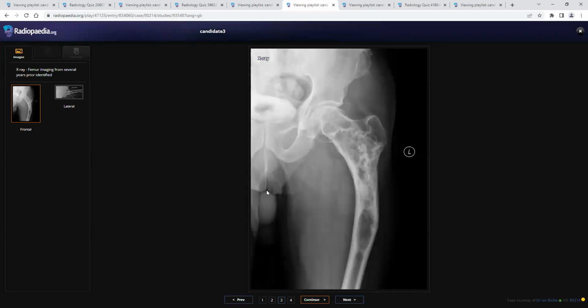There is marked sclerosis and bony expansion and bone remodeling of the left femoral metadiaphysis, and there is a coarse trabecular pattern. I can see also a lucent line here along the lateral cortex of the femur. So in this age group, with the marked bony expansion and cortical thickening and bone remodeling, my first differential would be Paget's disease, and I'm not sure, but it could be a banana fracture,